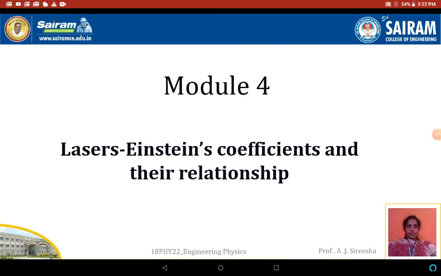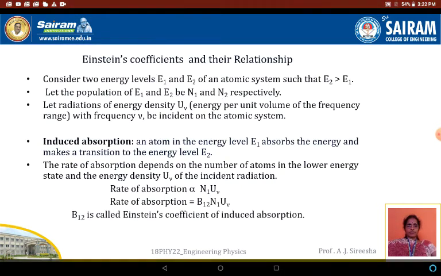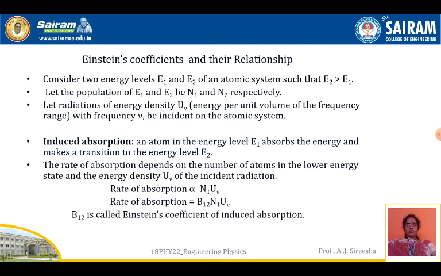Today we are going to start with lasers, Einstein's coefficients and their relationship. Consider two energy levels E1 and E2 of an atomic system such that E2 is greater than E1. Let the populations of E1 and E2 be N1 and N2 respectively. Let radiation of energy density U nu, energy per unit volume in the frequency range with frequency nu, be incident on